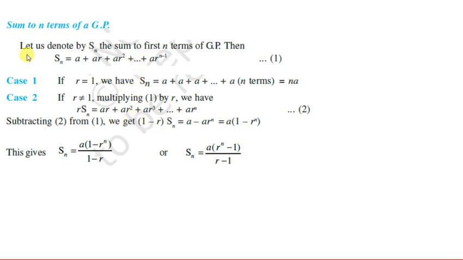You will get 1 minus R into Sn. Sn कॉमन लेने के लिए यहाँ से, और राइट हैंड साइड में फर्स्ट टर्म बचेगी A और लास्ट टर्म AR टू द पावर n. बाकी सब टर्म्स कैंसिल आउट हो जाएंगी. So from these two terms take A common, then we are left with 1 minus R to the power n. From here we get Sn equal to A into 1 minus R to the power n upon 1 minus R, or we can also write it as A into R to the power n minus 1 upon R minus 1. न्यूमरेटर डिनोमिनेटर से माइनस कॉमन लेने के बाद हम ये भी लिख सकते हैं. So this is the formula for the sum of n terms of a GP.